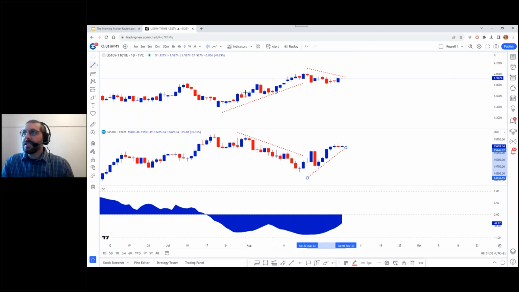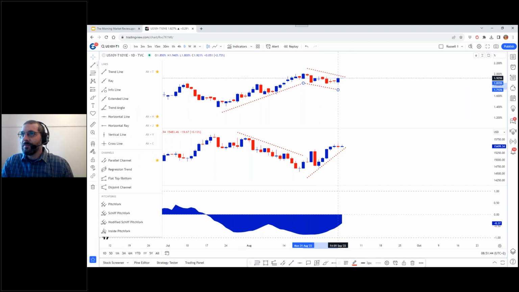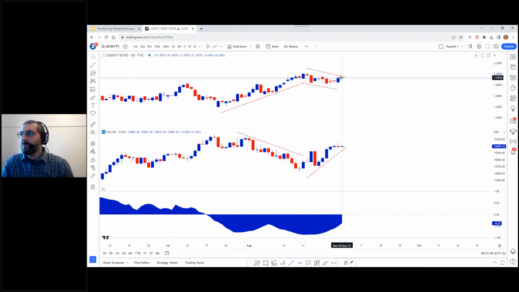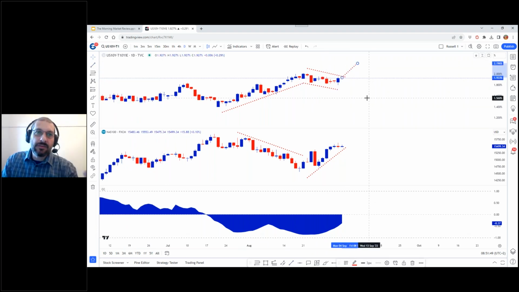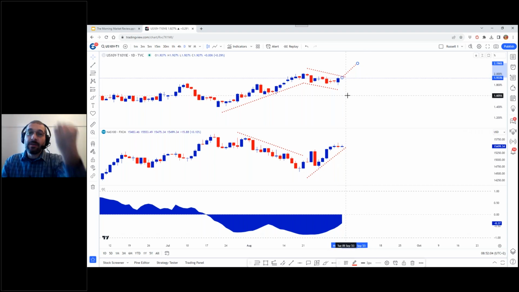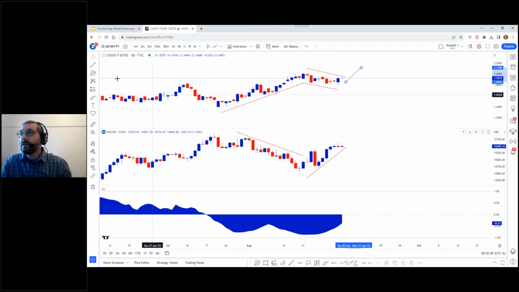Remember what we said is this could be a flag. We're still waiting to see if it is, but if it's a flag and there's some sort of upward breakout here, well then we've seen that positive correlation with the dollar should lift the dollar with it. We've seen that inverse correlation with gold should take gold down with it. If the real rate breaks out, very possible to see